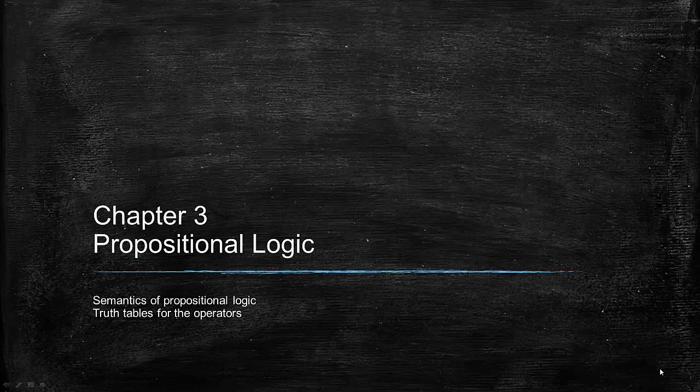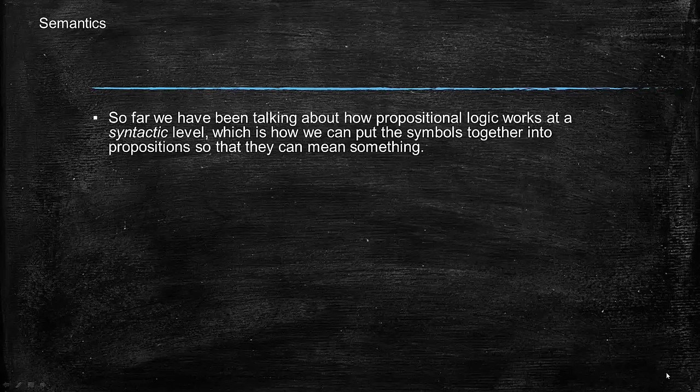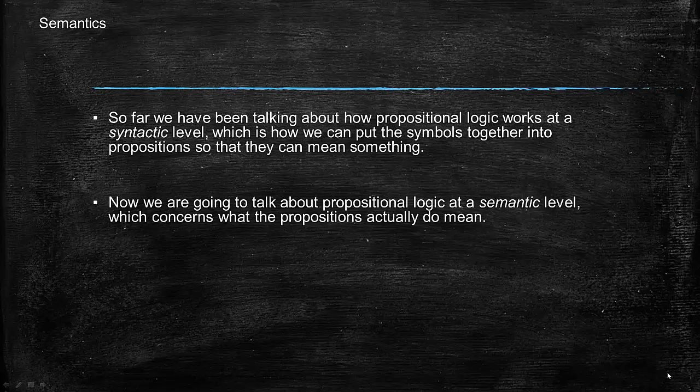All right, so now we're going to talk about semantics, and this means learning the truth tables for the operators. So we've been talking so far about how to make well-formed formulas, which essentially means how to construct them, but we haven't been talking really much about what they mean, which is what we're going to do now, and that's called semantics. The theory of meaning is